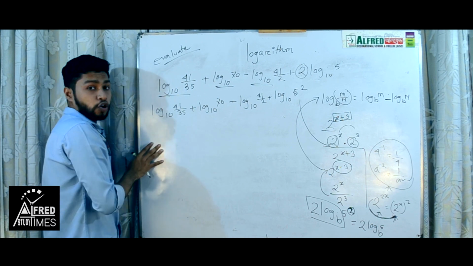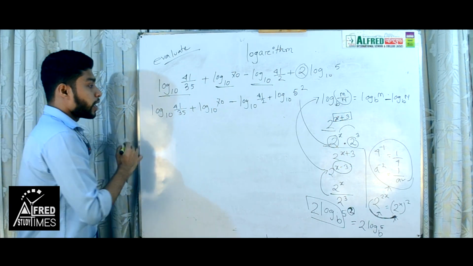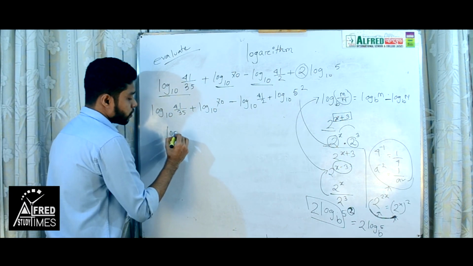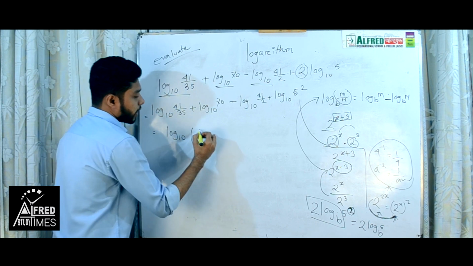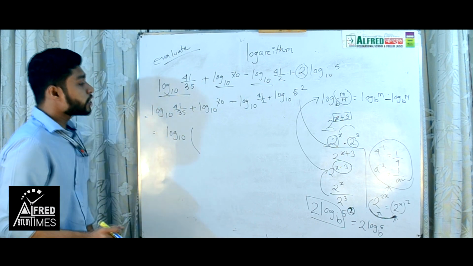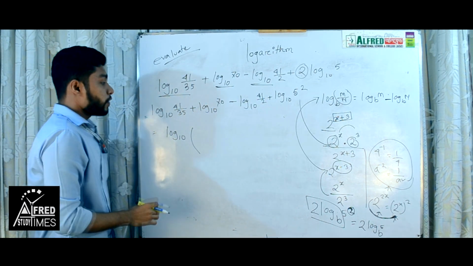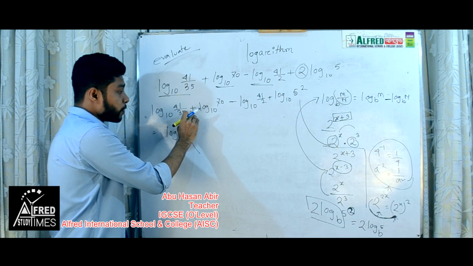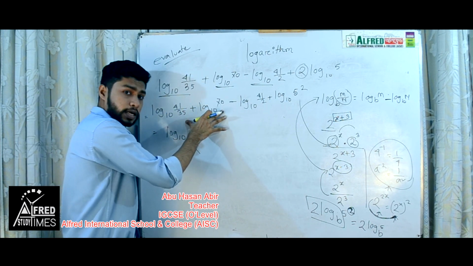So now what we can write, you can see there is log, both are similar. We can take a common. Okay, you know what common means? Common means divided. Okay, we can take log 10 as a common. Here, one thing you know, there is a positive, negative, positive, and if we take a common, it will go multiply. Okay, both will make multiply.